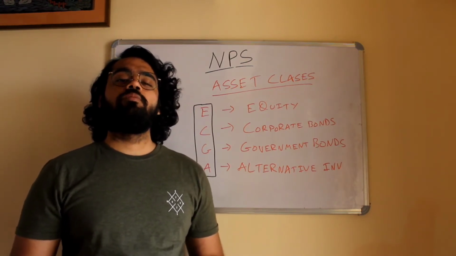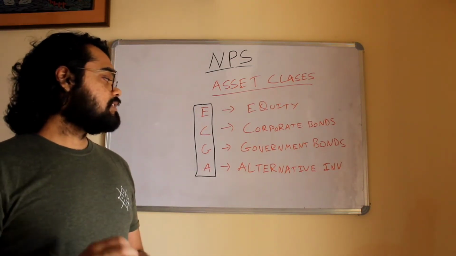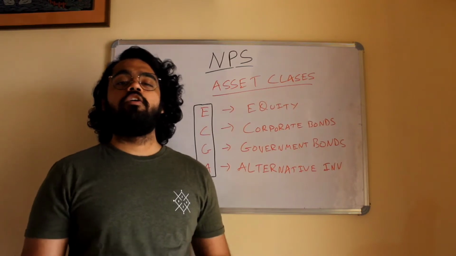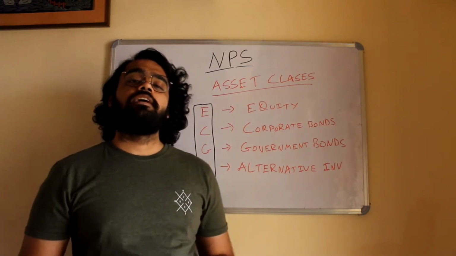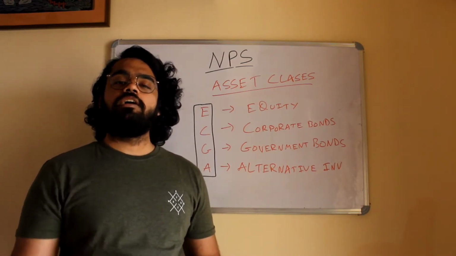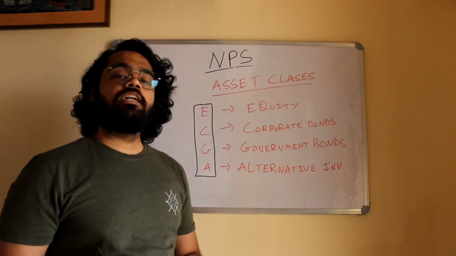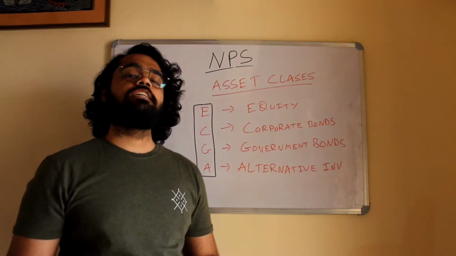These are bonds issued by various institutions and companies. The third asset class is asset class G, which is government bonds issued by Government of India. And the last asset class is asset class A, alternative investments, which comprises of REITs, InvITs, and different other types of investments. So these are the four asset classes in which NPS invests based on the risk appetite of